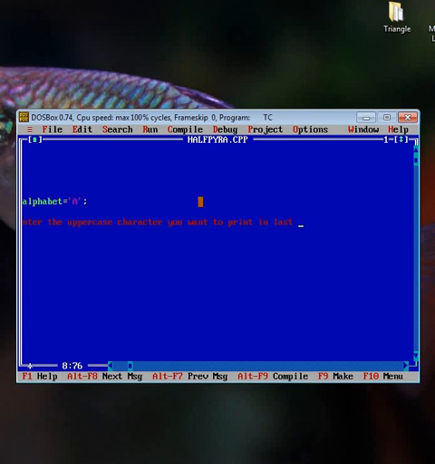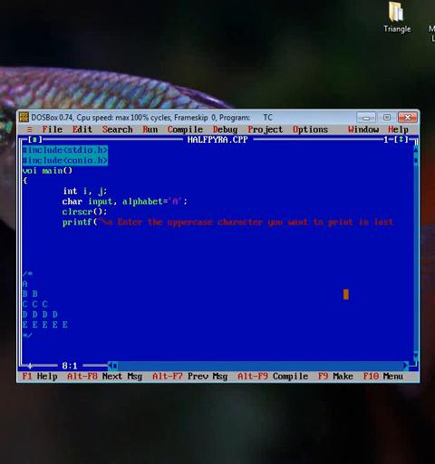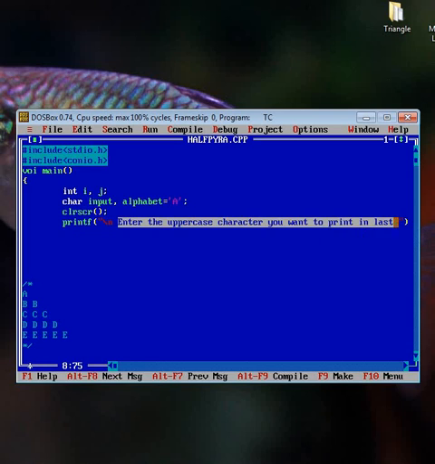Though our screen size is small, I am ending here. See this line, enter the uppercase character you want to print in the last row.